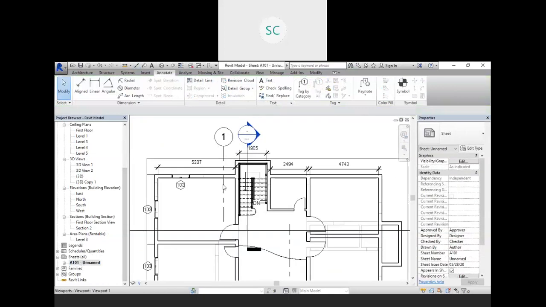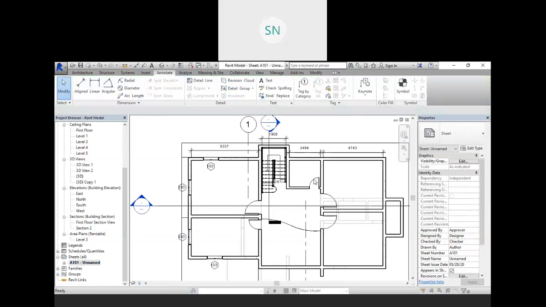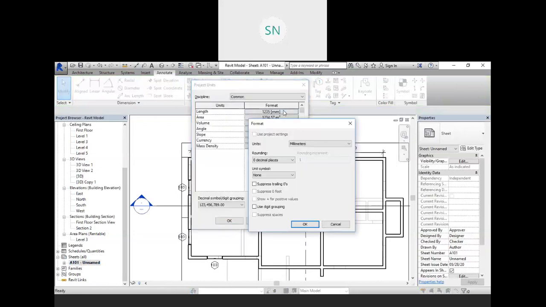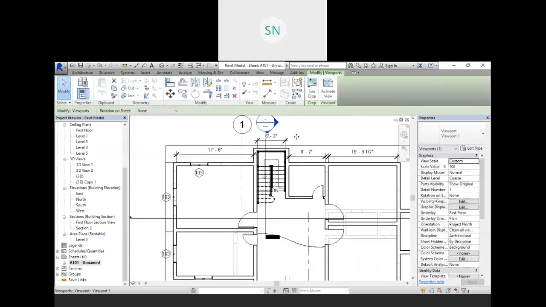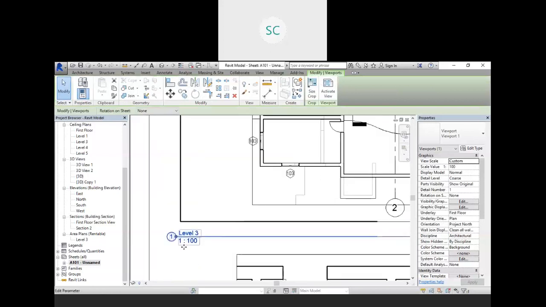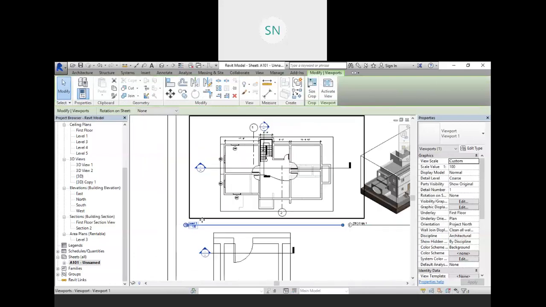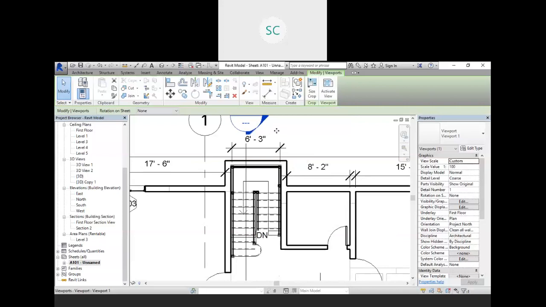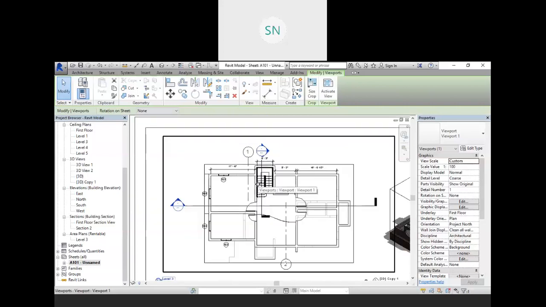See, we have annotations. Now just change your unit again. Everything, scale and everything is proper. Then again come back to feet and inches. And everything will be in feet and inches. Even your scale also. But scale we have provided 1 by 100. Scale is a unitless thing, right? So the unit doesn't matter over there. So it is clear now.